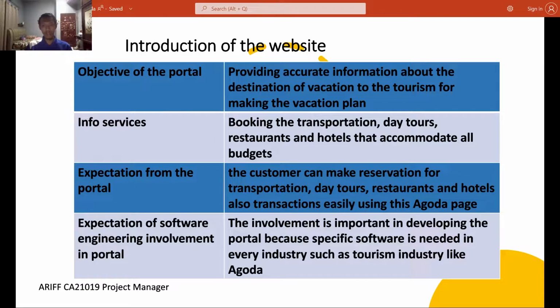Software engineering is important in developing the portal because specific software is needed in every industry such as tourism industry